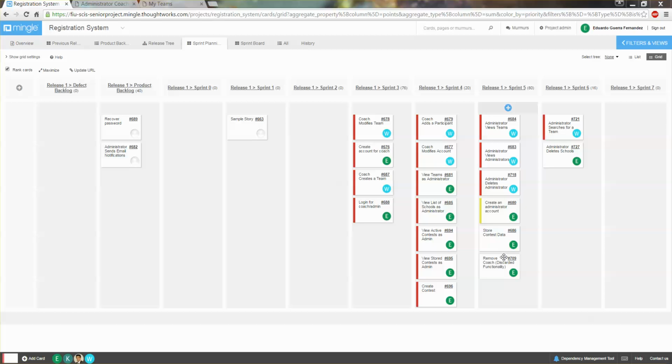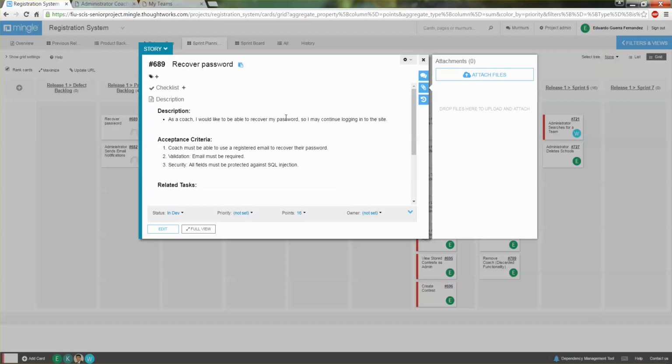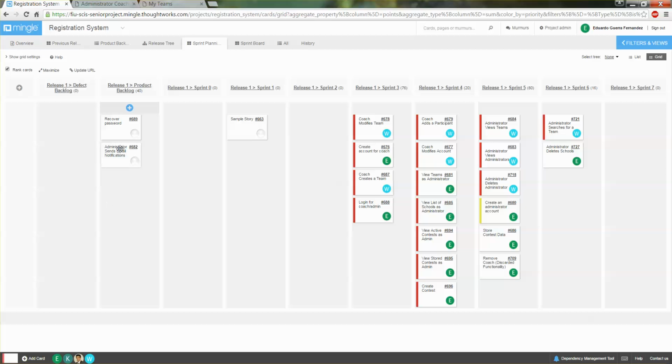I will be going over the shortcomings of our system and the wish list that we wish to have for future iterations. Regarding shortcomings, our system didn't have a whole lot of them, but there were two user stories that we had to put back in the backlog due to the same cause, and there were both user stories that required the use of email.